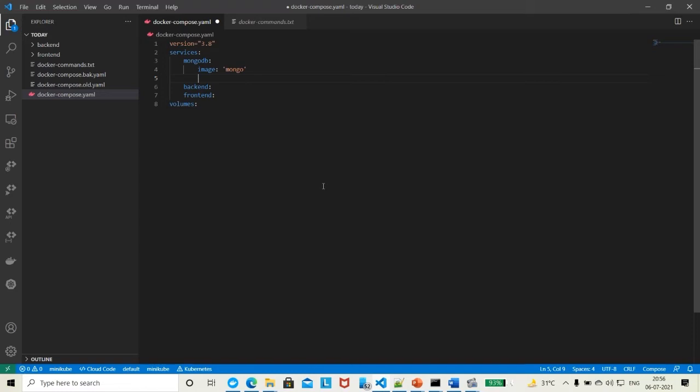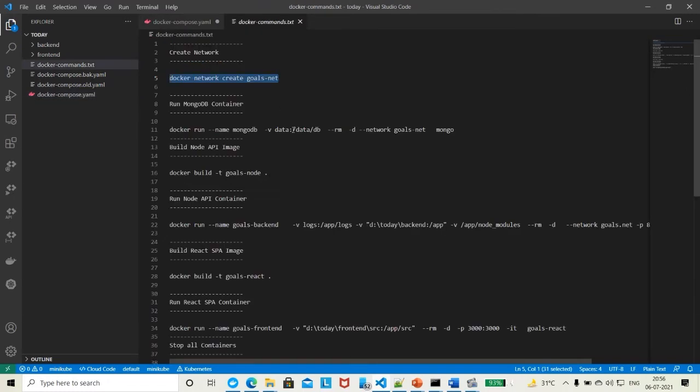Then we will mention the volumes. Why volumes? As we have seen in the Docker commands, we have given persistent storage for the data. The same is needed in the YAML file.